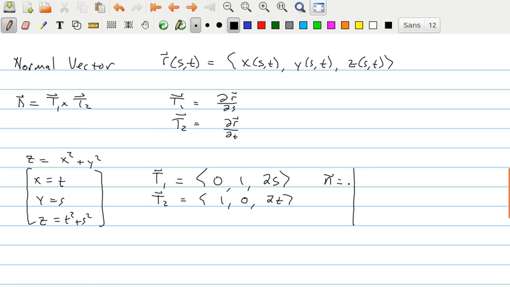will be the determinant of this matrix, i, j, k. The second row is the entries of our first vector, and our bottom row is the entries of our second vector. Now if we cross these,